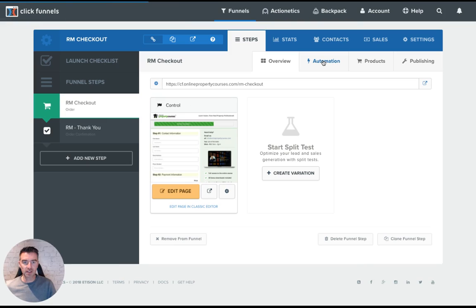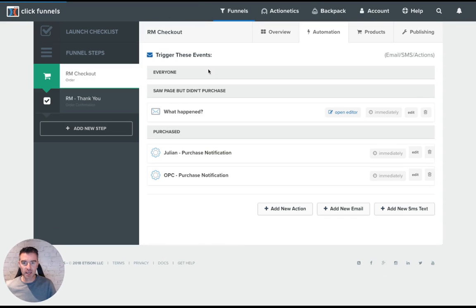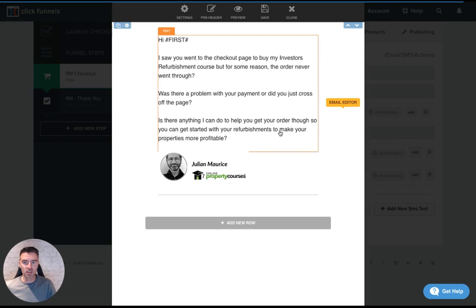And then if I go back here, you've got this little tab here called automation. What we're doing here, we've got this option that anyone who saw the page, i.e. the checkout, but didn't go through to the next stage in the funnel and buy, we can then send them an email. So if I just open up my email editor there, just to give you an idea of what sort of thing that you can say,